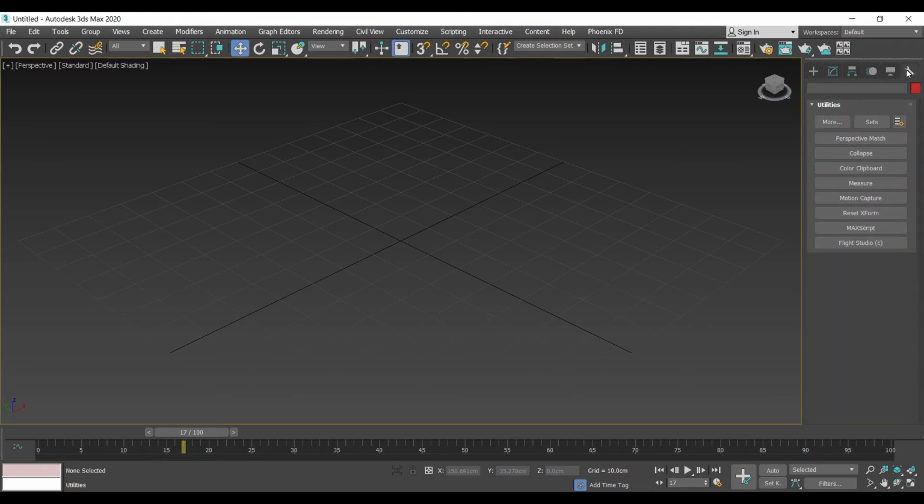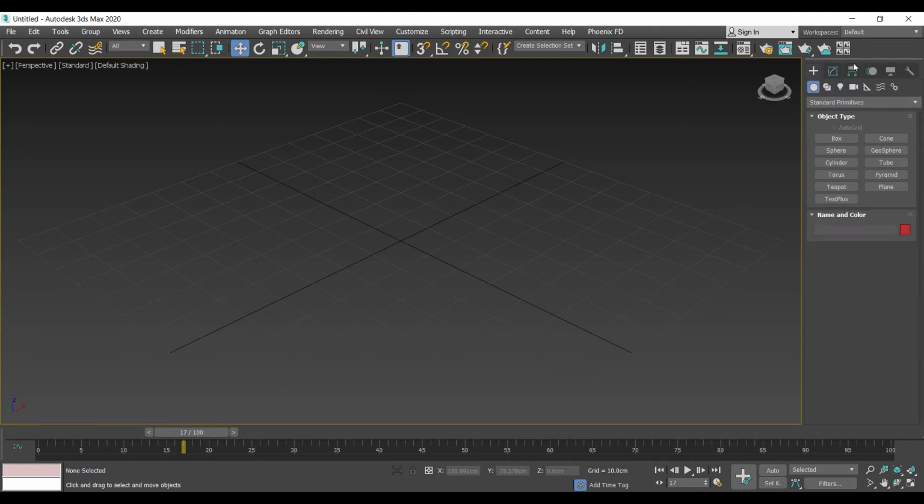And then the last option is basically the Utilities, which are basically the plugins and software inside 3D Max that will be able to help us later on in the course. We're not going to go through them in this session, but later on there are some options that would really help make things easier for us. That's called the command panel.